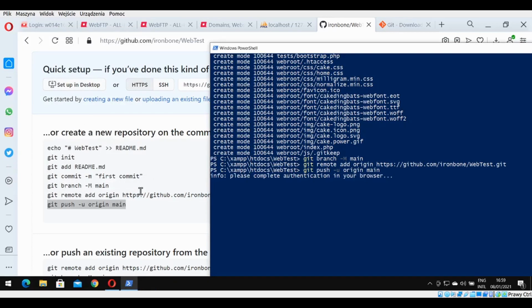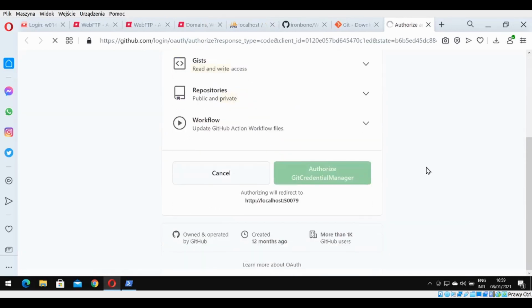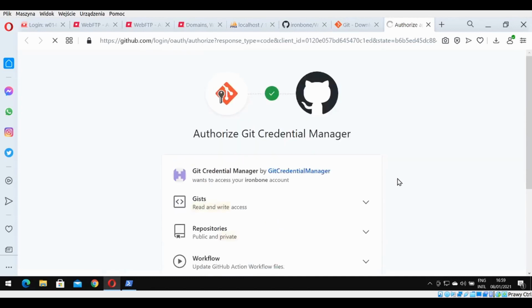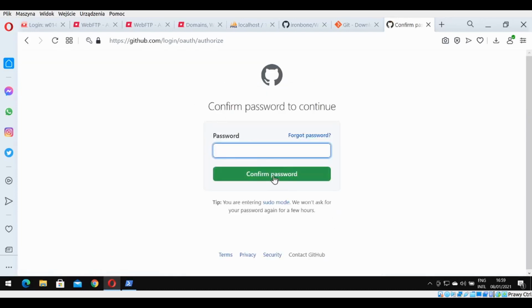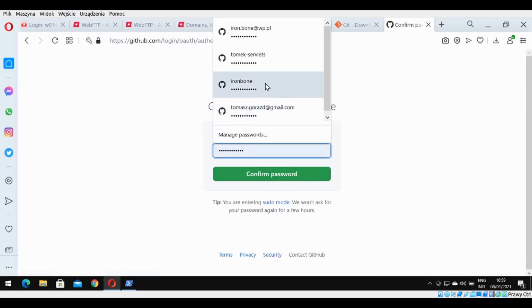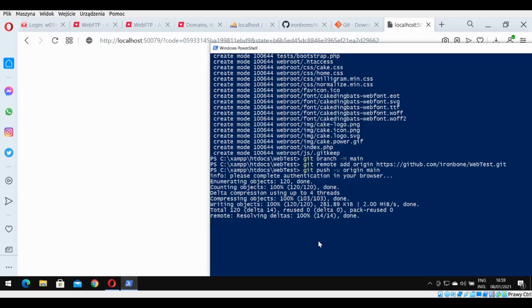So click here. Okay, so I was redirected to this, and then I can just click authorize. There's the setting. Now I will need to set my password. I hope this is okay. Let's return to the